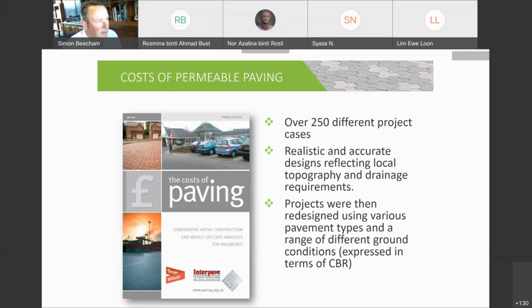If they were permeable paving projects, they redesigned them for asphalt. If they were asphalt projects, they redesigned them for permeable paving. And then they did a third one, which was impermeable paving as well. So they designed them 3 times, every single project. And then did a whole of life cost for all 250 to get a spread of projects of different scales